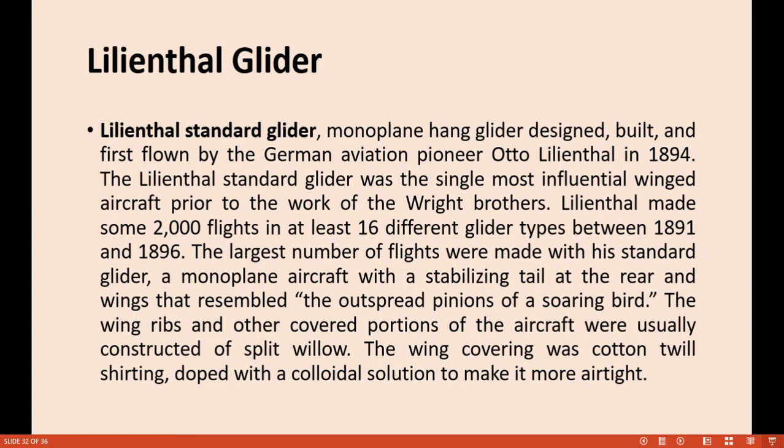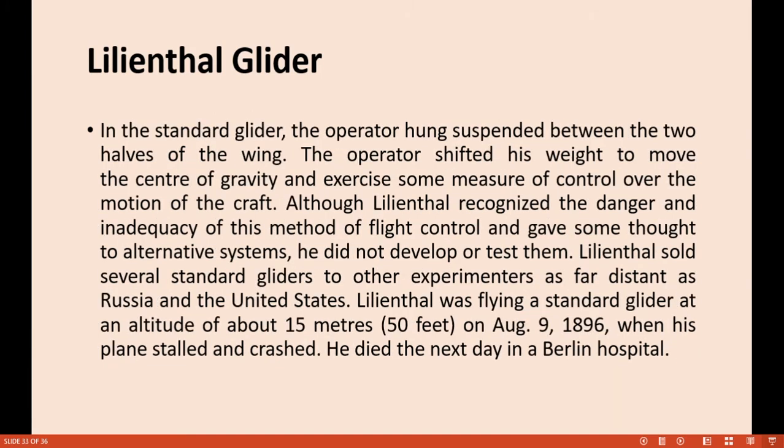The wing ribs and other covered portions of the aircraft were usually constructed of split willow. The wing covering was cotton twill sheeting doped with a colloidal solution to make it more airtight. So in the standard glider, the operator hung suspended between the two halves of the wing. The operator shifted his weight to move the center of gravity and exercise some measure of control over the motion